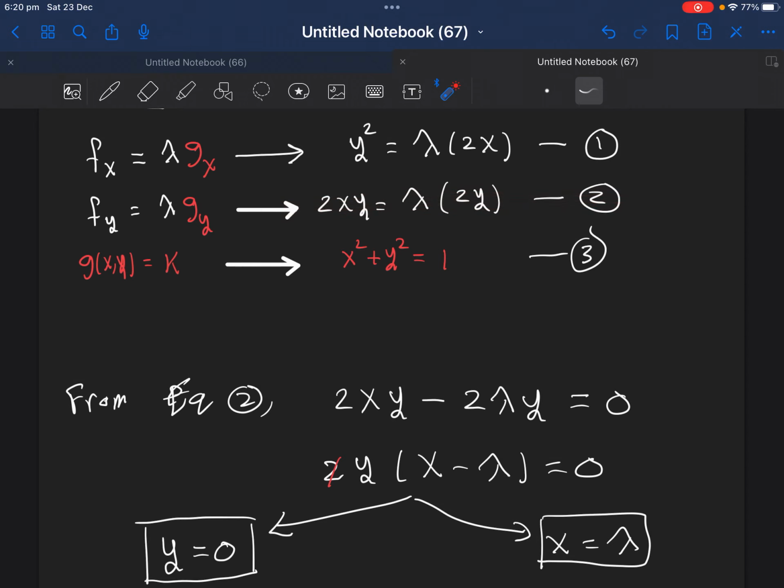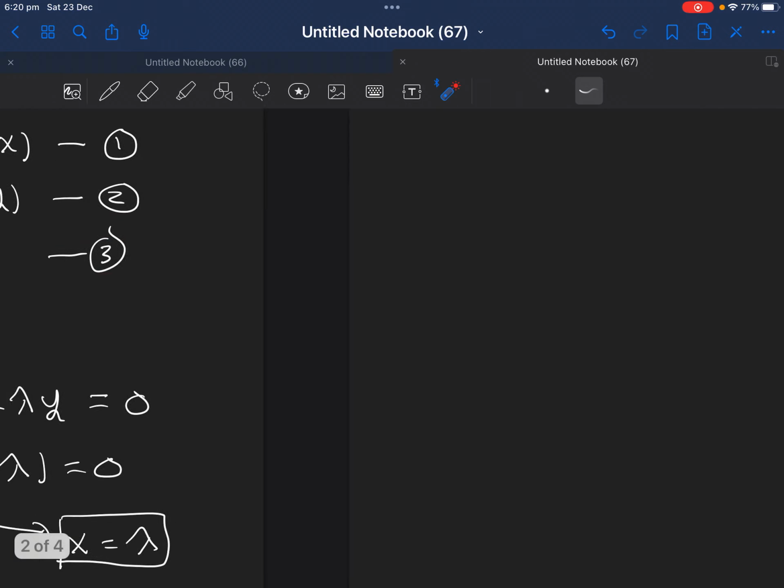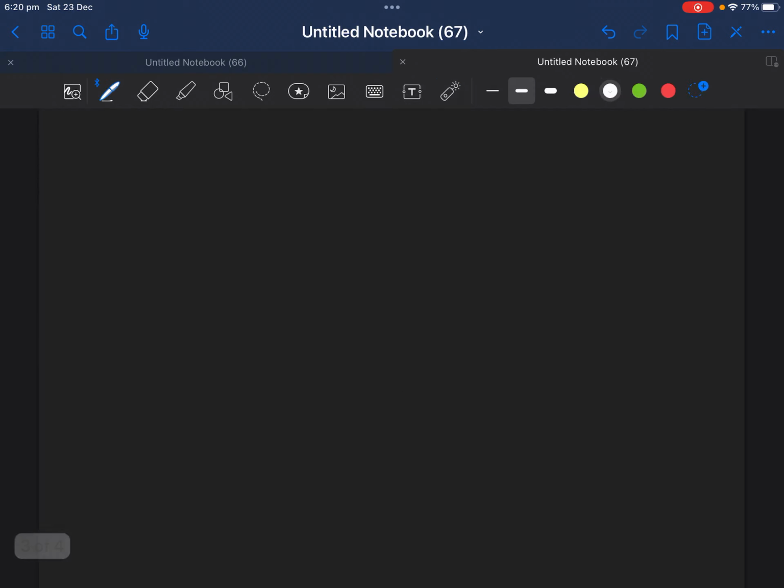Now, let's put y equal to 0. If you choose y equal to 0, the equation that will help me is the third one, because if y equal to 0, I can easily find the value for x. That's what I will do. So option or possibility number 1, y equal to 0. Okay, so what do we get? We get from equation 3,